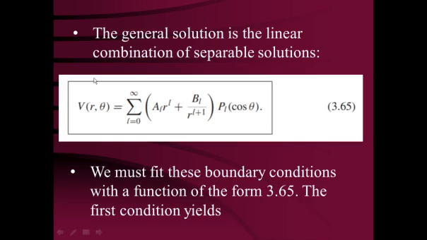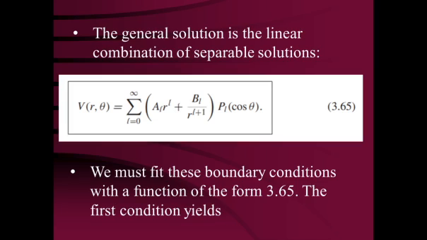Now, we are interested in finding the general solution of this potential in a spherical coordinate system. That general solution we already know: the radial part is a function of small r and the angular part is a function of theta. Taking azimuthal symmetry, the potential V in the region of interest outside the sphere is a function of r and theta, equal to the sum over L from 0 to infinity of A_L r to the L plus B_L upon r to the L plus 1, times P_L cos theta. This is our general solution. We can start from here.